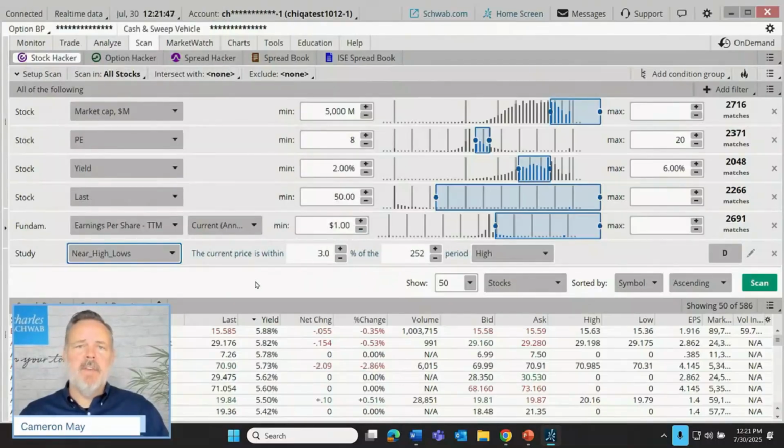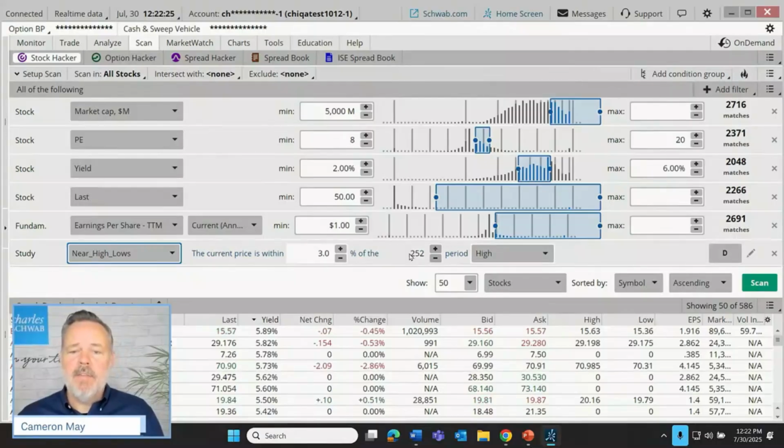So this is specifically a filter that looks to see where the current price is relative to 52-week highs or lows. Now we could change that time frame, but by default, this is going to be looking for a current price that is within 3% of the, what does this mean, 252 period high. Well, a period refers to the length of a candle. If we're looking at an hourly chart, it's an hourly candle. If we're looking at a weekly chart, it's a weekly candle. If we're looking at a daily chart, it's a daily candle. And the period here specifically is D. You'll notice the D over here, that's for a day.